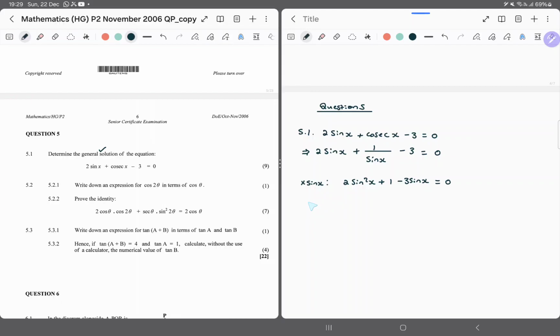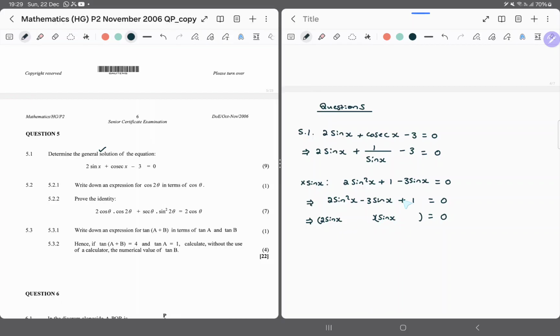We have a quadratic. So this implies that we have essentially 2 sine squared x minus 3 sine x plus 1 equal to 0. So we always write our quadratic in standard form. So what can we do? We attempt to factorize. It usually works. If it fails, we use the quadratic formula. 2 sine x